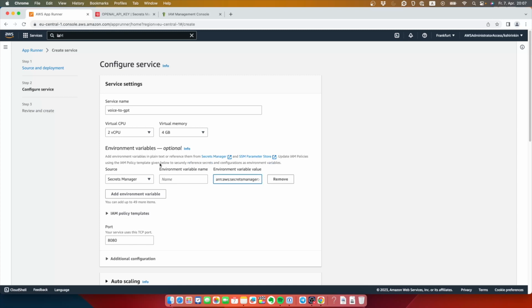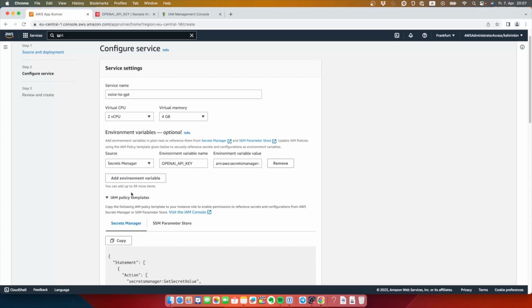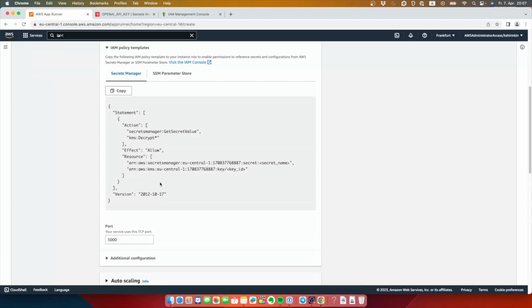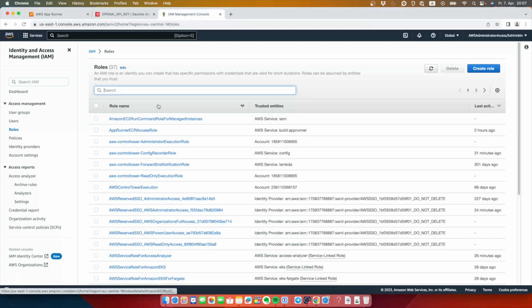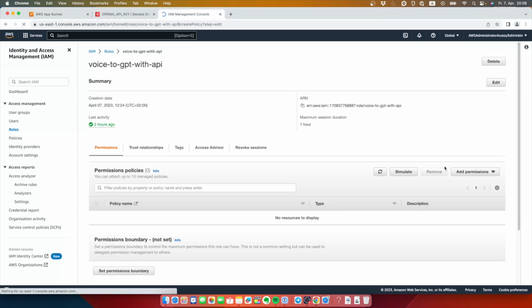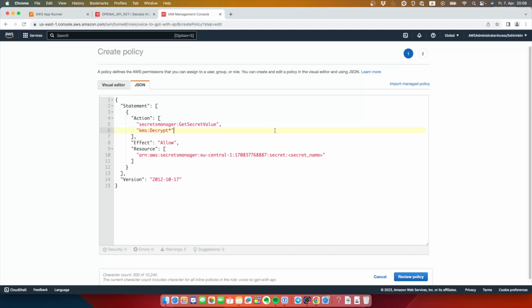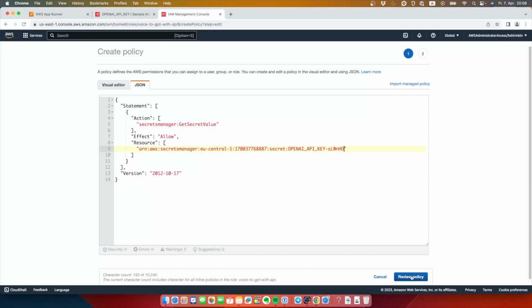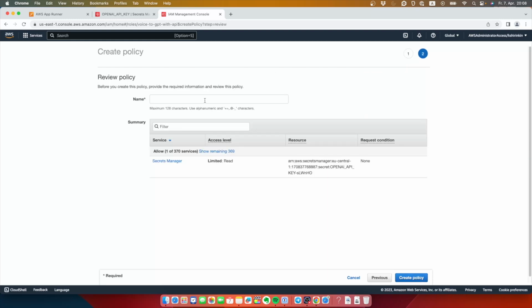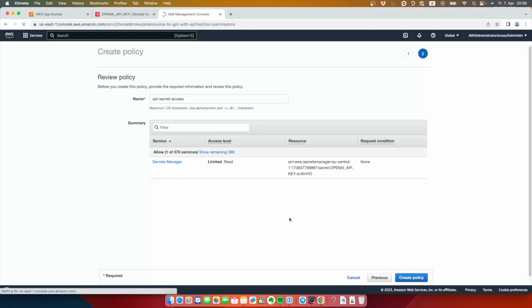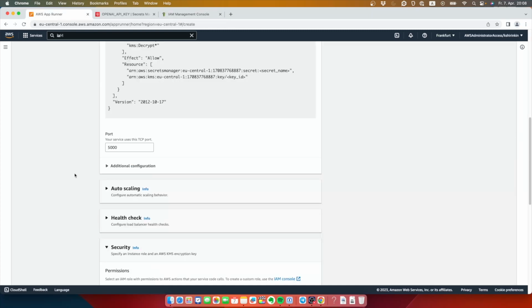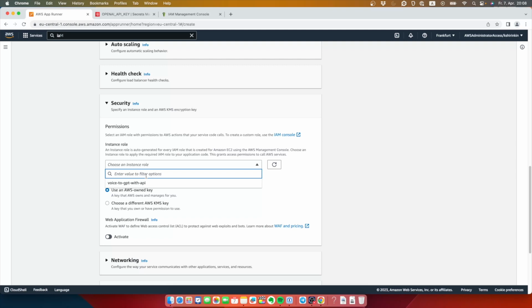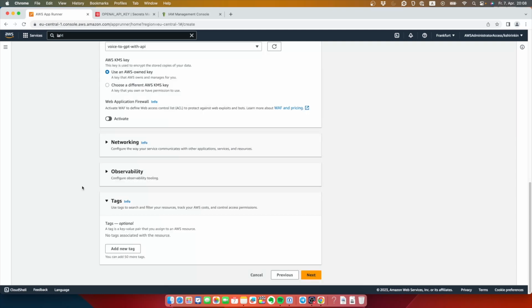At this step, if we pay attention this time, AppRunner offers us the policy template. It does not have our exact secret filled in, but hey, it's something. I can copy this and adjust it inside the role inline policy. Now let me fill in everything again and deploy one more time.